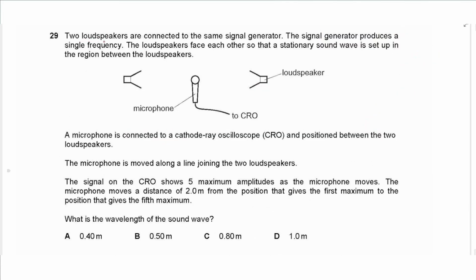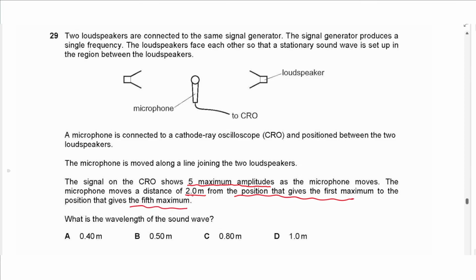Question 29 says two loudspeakers are connected to the same signal generator. The signal generator produces a single frequency. The loudspeakers face each other so that a standing wave is set up in the region between the loudspeakers. A microphone is connected to a cathode ray oscilloscope and positioned between the two loudspeakers. The microphone is moved along the line joining the two loudspeakers. The signal on the CRO shows 5 maximum amplitudes, that's 5 antinodes, as the microphone moves. The microphone moves a distance of 2 meters from the position of the first maximum to the position of the